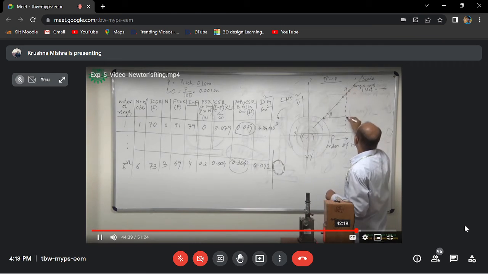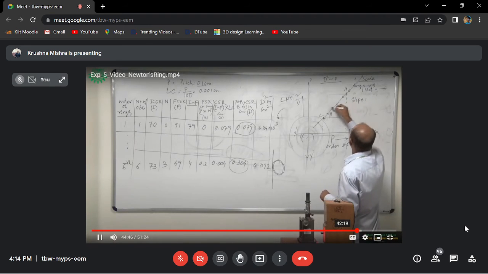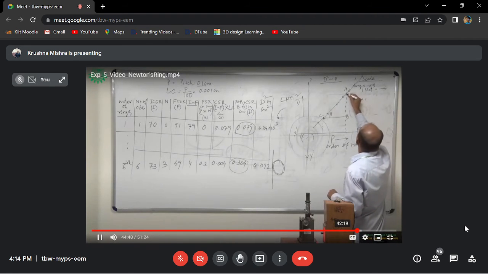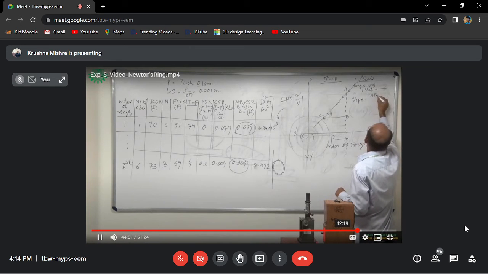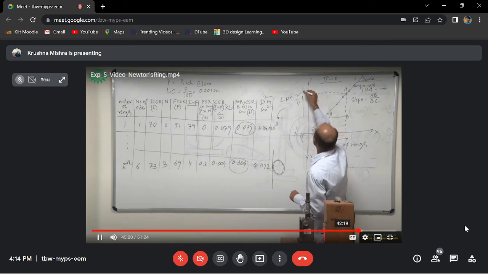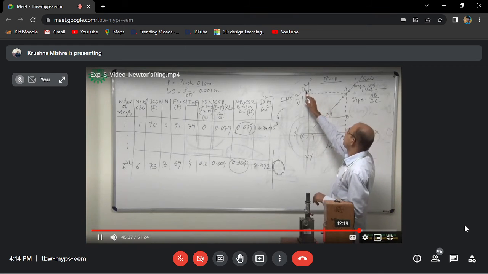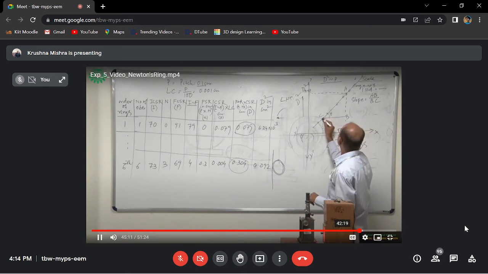That is, if it is A, this is B, this is C. So slope is equal to, you are taking two random points, this is AB divided by BC. So its corresponding value, that is A, this becomes d n plus p square. I have already told you the diameter of n plus p.